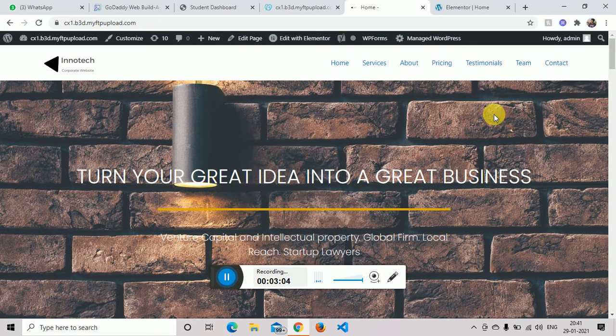And I have also added a navigation in the menu, which will navigate through the section by using anchor tag in Elementor.